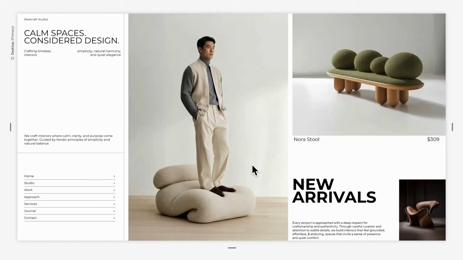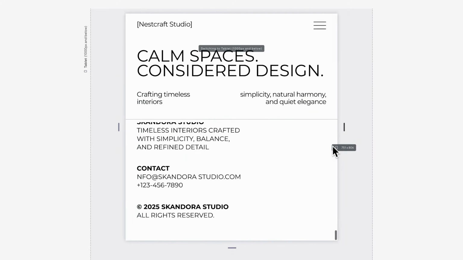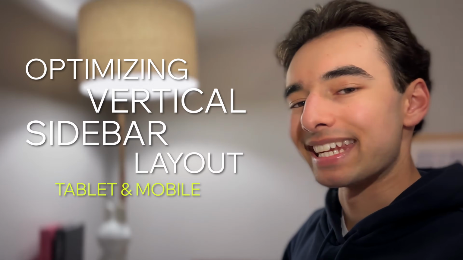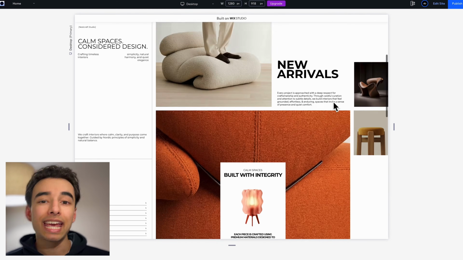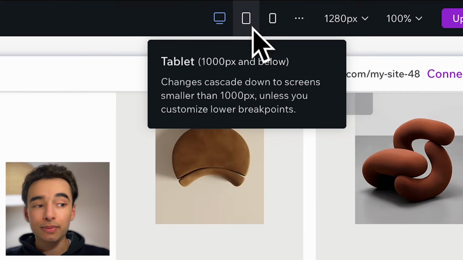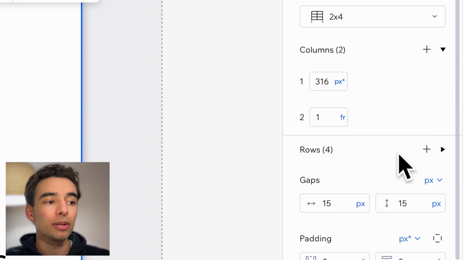Let me show you how to make this modern vertical sidebar website we made in a previous video fully tablet and mobile responsive super easily. Let's break it down. Here's what we built in a previous video where the sidebar is sticky as we scroll down. First, switching over to tablet, let's edit our section grid to remove the sidebar column so that the entire